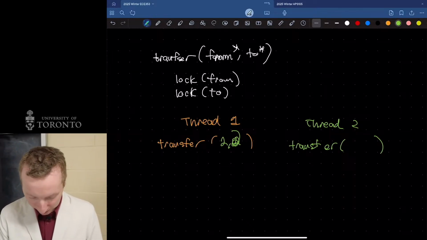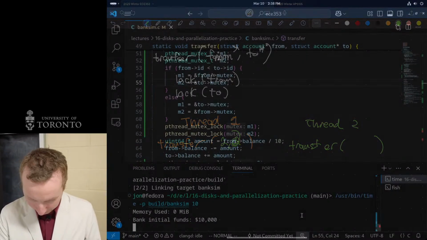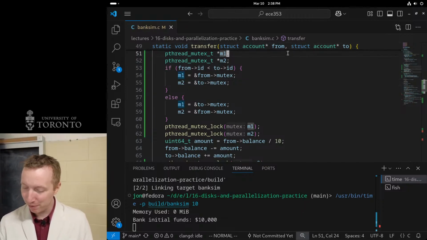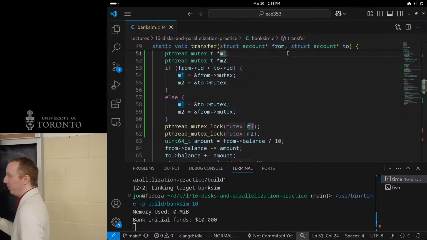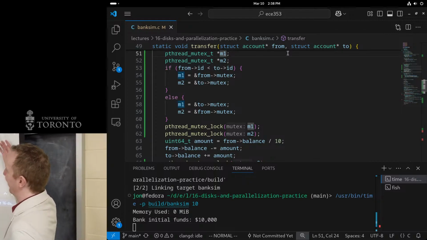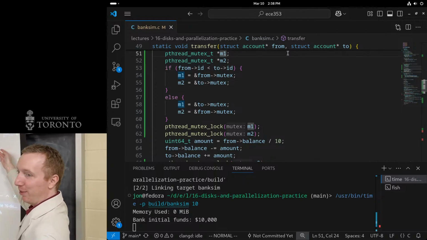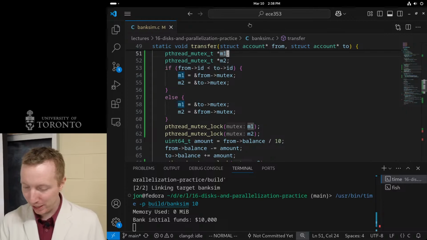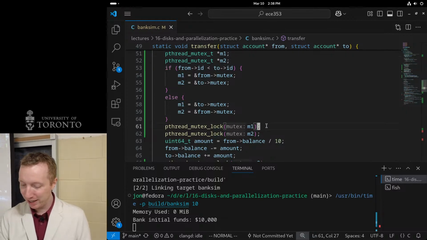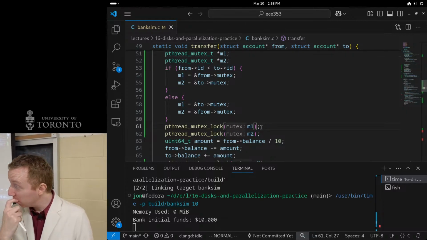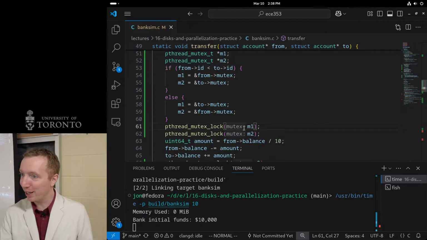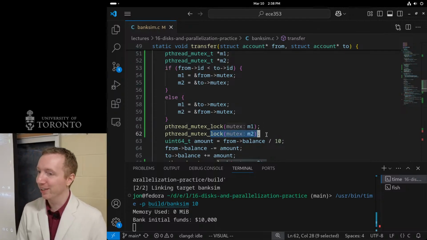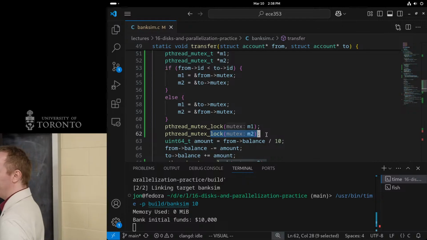Well, that's probably bad, right? If I'm transferring from account 2 to account 2, then their mutexes are the same. So I lock it, and then M1 and M2 would be the exact same mutex. So I lock it, and then I try to lock it again, which means I deadlock myself.